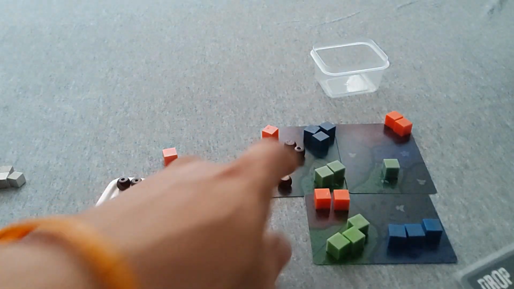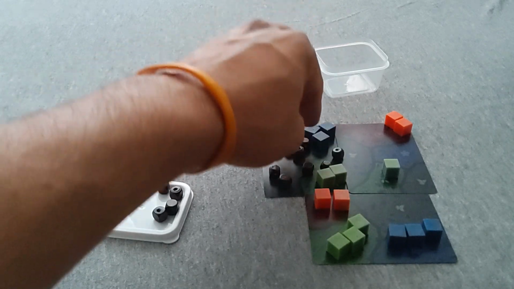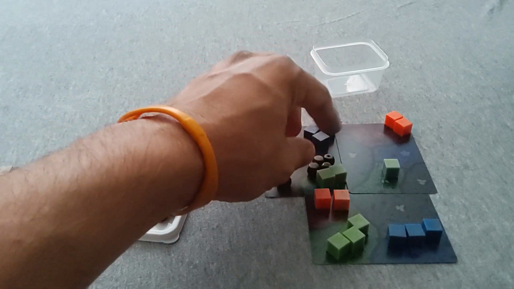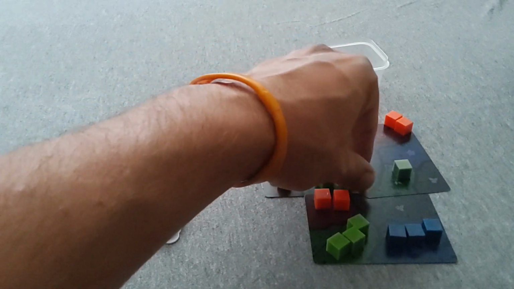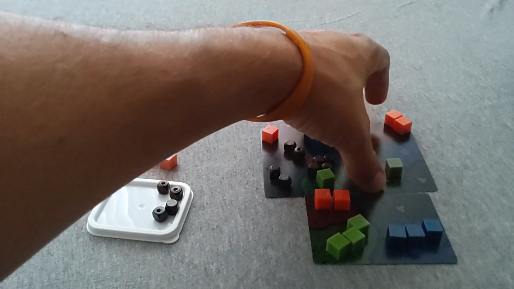Okay, so let's go to the green square. So same card, green square. 4 are going to show up. You're going to lose a guy initially because the other one will run. All right, now